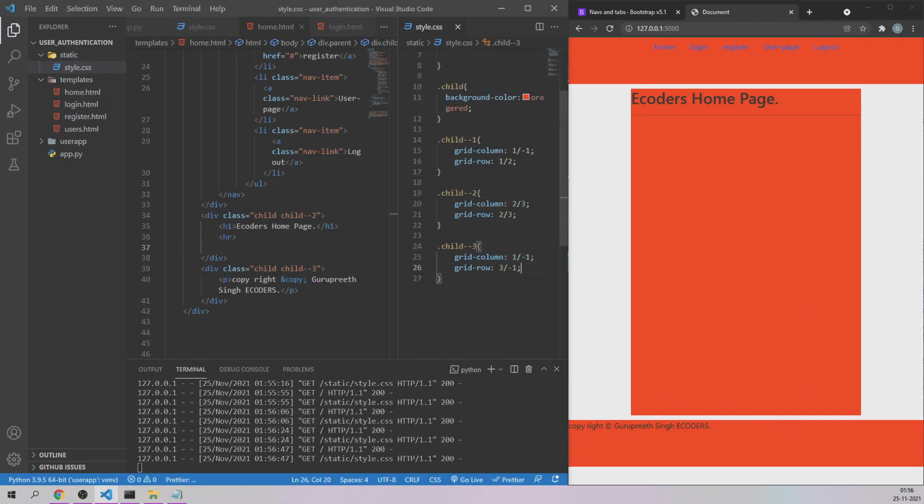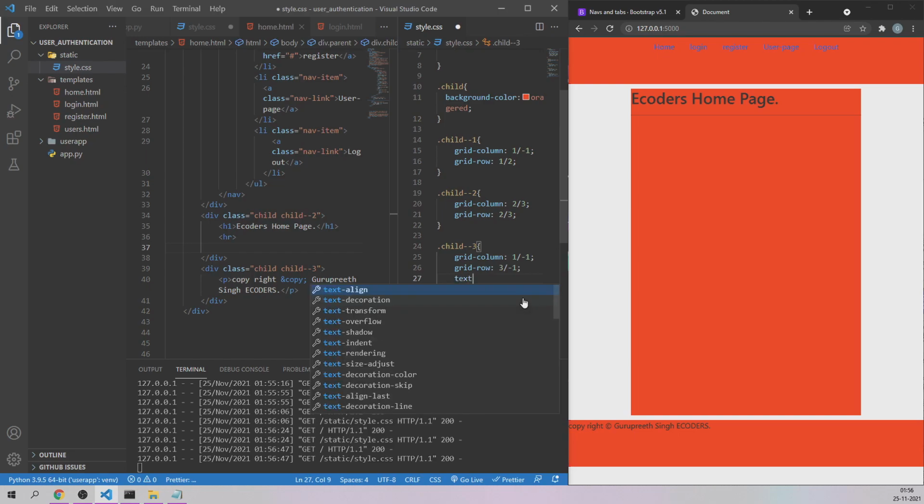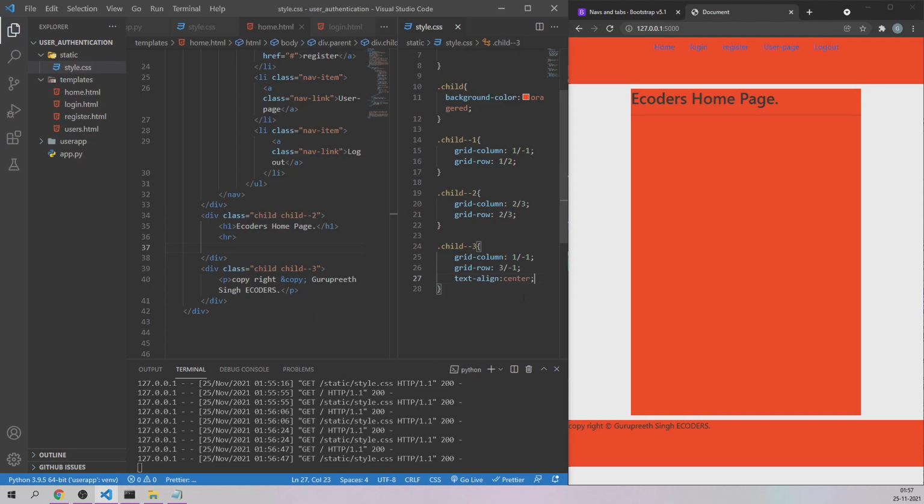First of all, let's make some minor changes here. I'm going to say text-align for the paragraph which I've given you here in the footer section, to be aligned in the center of the content, so it will come like this. And here also this h1, even if it's in the center, we'll make that also in the center. Let me copy this and come to the child one like this, and no, let's not make it for the child one.